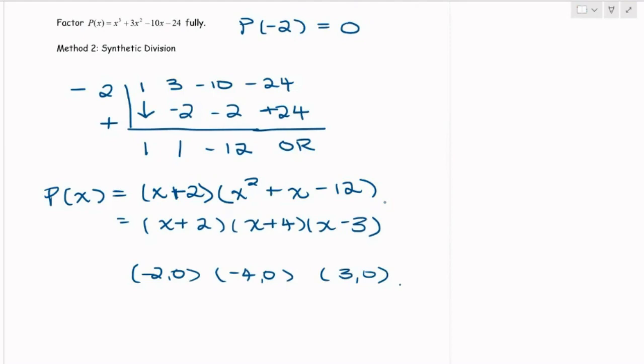From there, we can definitely graph this. And there you have it. You can now use either long division or synthetic division to get your standard form polynomial function to factored form. And I think most students like synthetic division once they learn it, but unless your teacher specifies, you can use